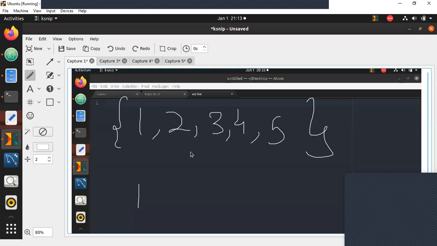So 1 is a part of the output. 2 is a part of the Fibonacci series, but it is prime, so it's not a part of your composite Fibonacci series. 3 is also prime, so it can't be part of it, even though it's in the Fibonacci series. 4 is non-prime, it is composite, but it is not part of your composite Fibonacci series because 4 doesn't exist in the Fibonacci series at all. 5 is prime and exists in the Fibonacci series, so this also is not possible. So only 1 is your output. Are you guys able to get the idea here?